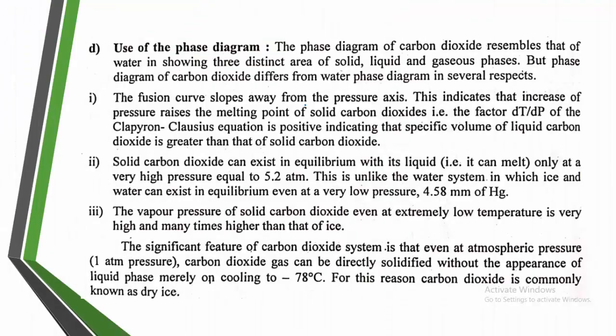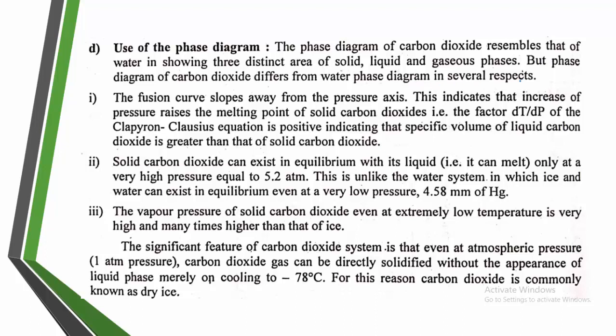Next, use of the diagram. How can we use this diagram? The phase diagram of carbon dioxide resembles that of water in showing three distinct areas of solid, liquid and gaseous phase. As we have seen, it is similar to the water system, having three different phases of solid, liquid and gaseous. But the phase diagram of carbon dioxide is different from the phase diagram of water